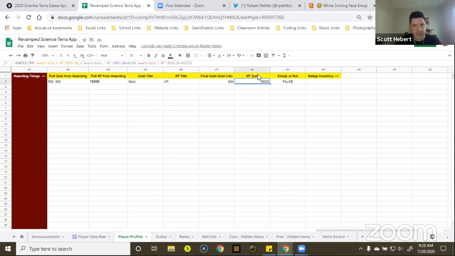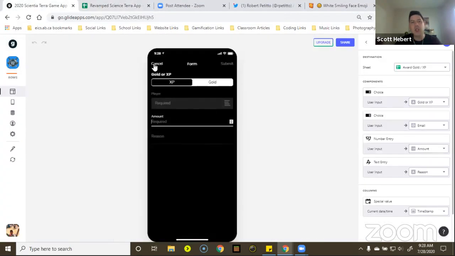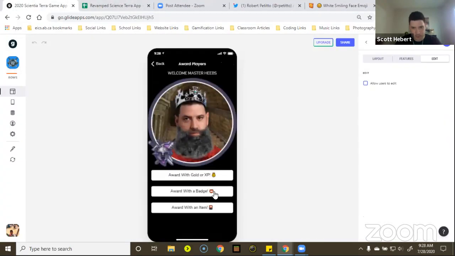So this is the XP that you give people or take away. And then it affects this one. So this is the one that kids move up and down the leaderboard, as to where this one right here is the one that is specifically designed to just track the amount of XP you earn for a grade. So again, huge time saver for me.